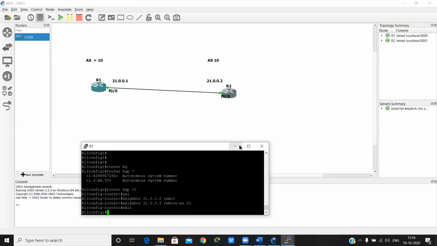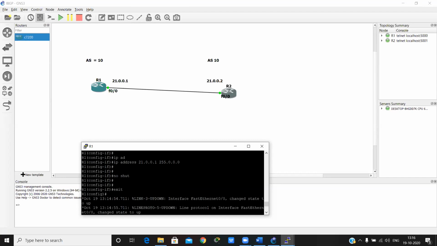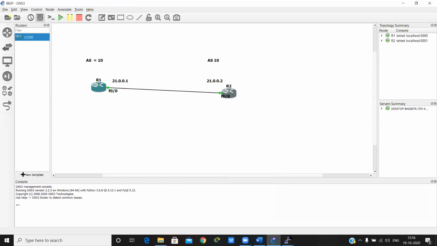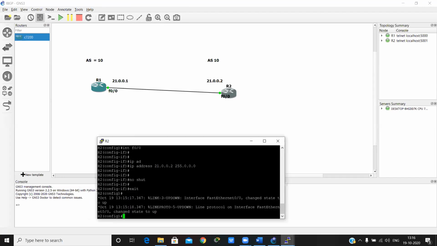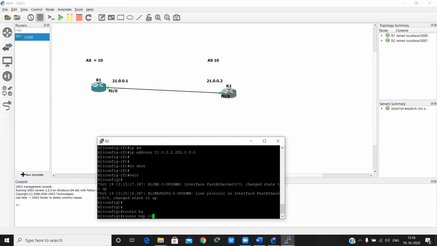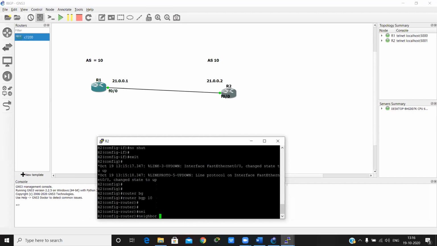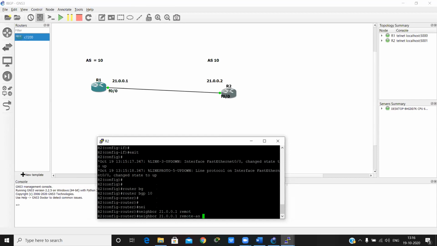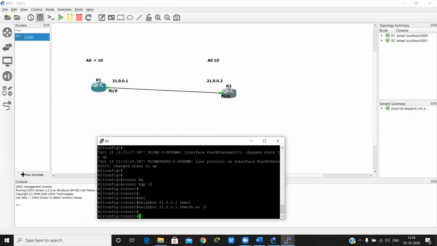Same thing we run on router 2. So go to router 2, run the command router bgp 10 and then neighbor 21.0.0.1, and then remote AS is 10.